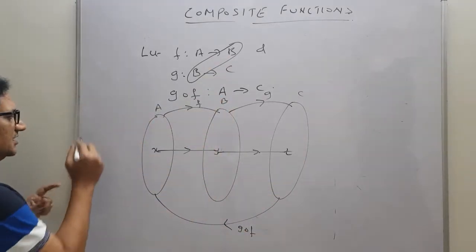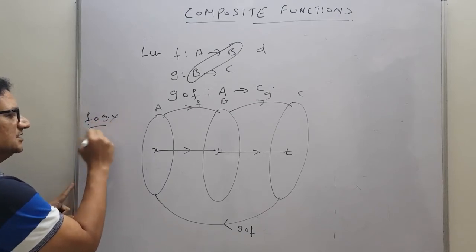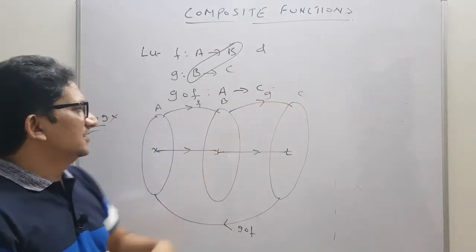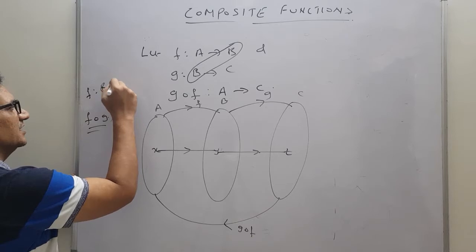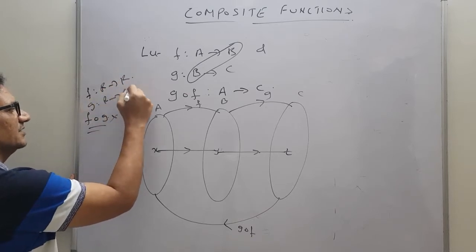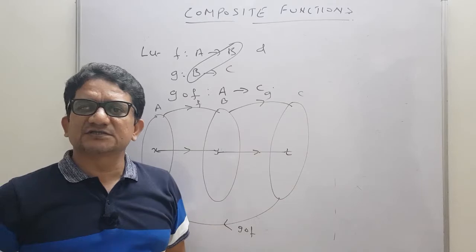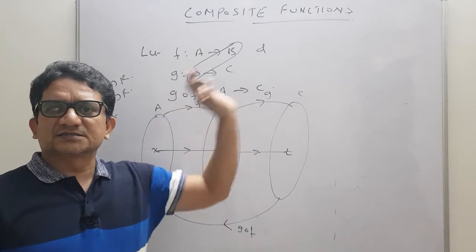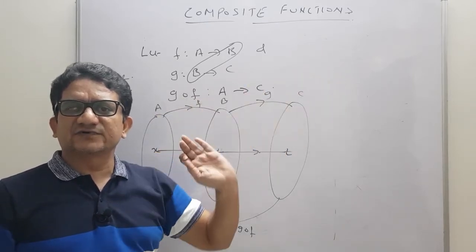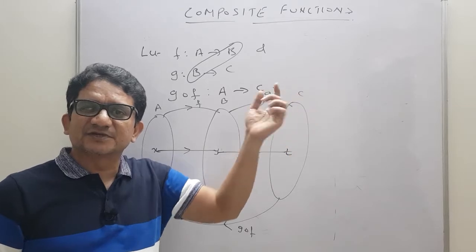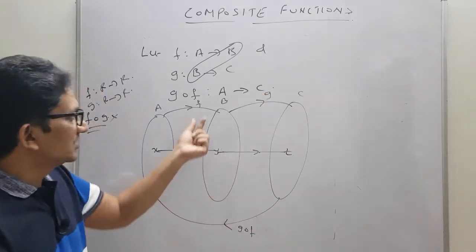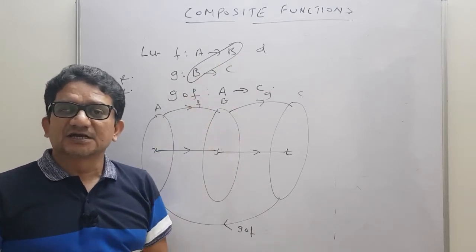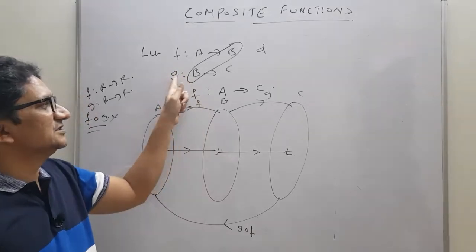In this case, if we take f circle g, it is not defined here, but it doesn't mean that f circle g is not defined for every case. If f is defined from R to R and g is defined from R to R, then g circle f is defined and f circle g is also defined because this condition is satisfied. The simple condition for g circle f being defined is this: we start with f, so whatever is there at the last, we start with that one. In that f, we check what the codomain is. That codomain should be the domain of g.